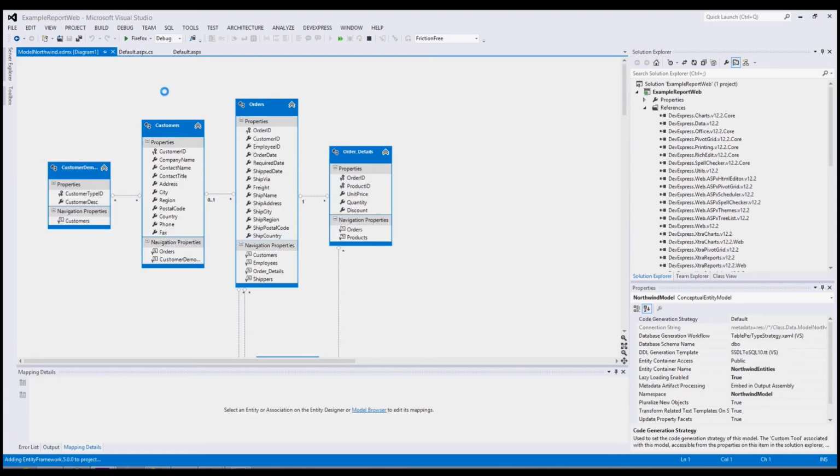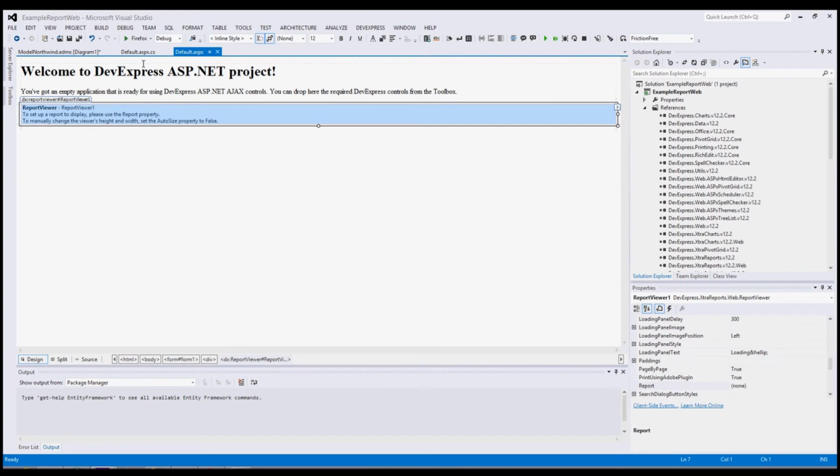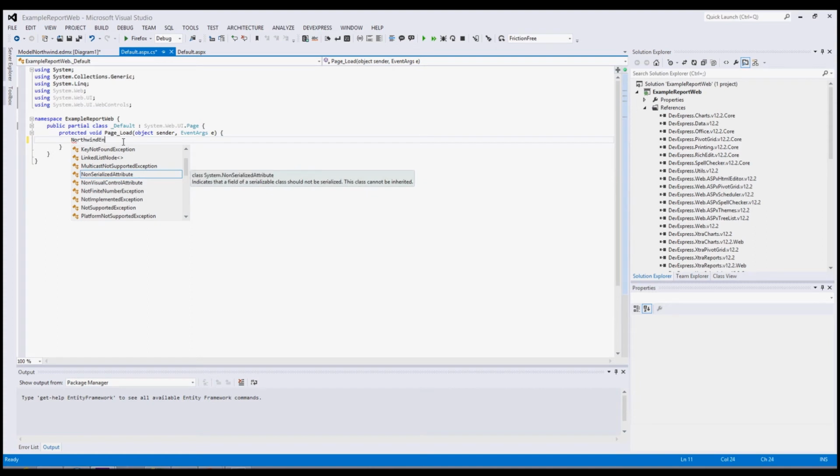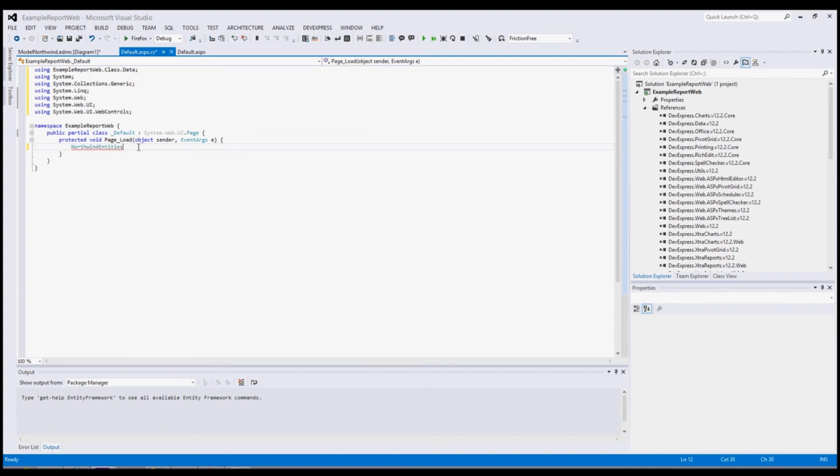Finally, in the page that has the report designer, I will put the necessary code, first to connect, like Northwind entities. I add the reference connection, and initialize the object,